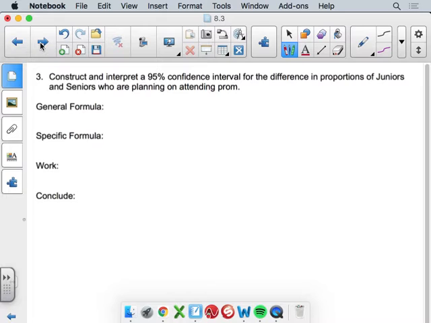In the formula part of this, our point estimate was p1 minus p2, our sample proportion difference. And then we're going to plus or minus the margin of error, which is the critical value, z-score,